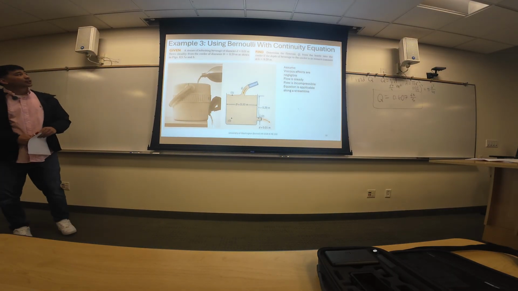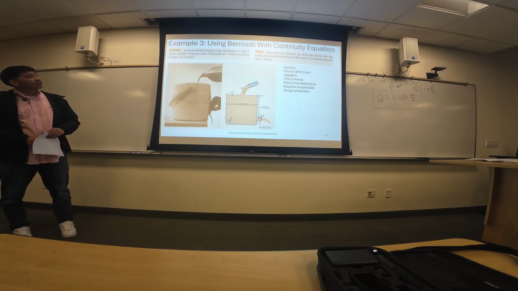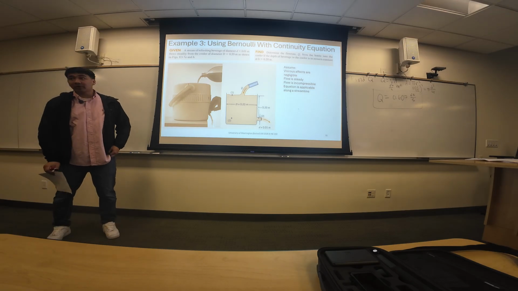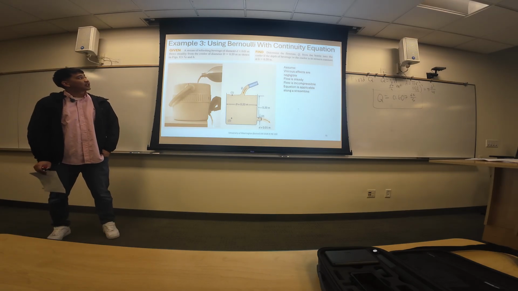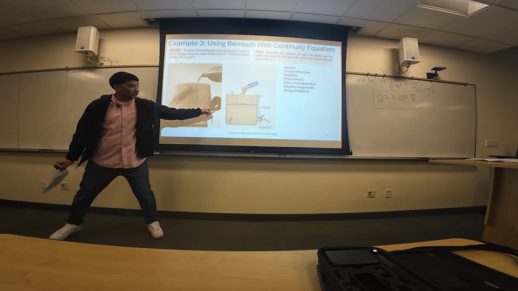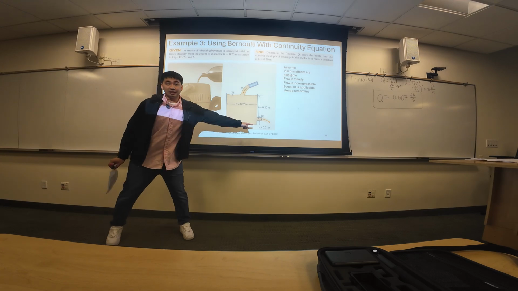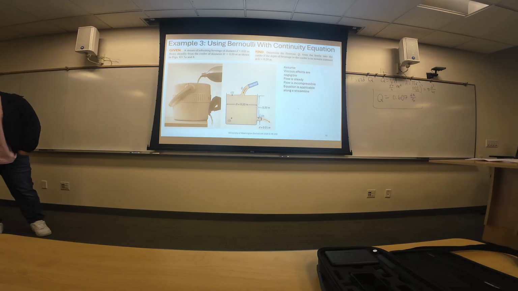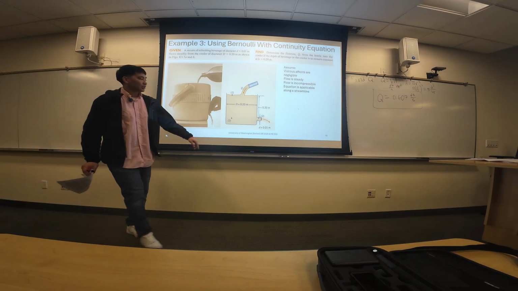Okay, so we are given a stream of refreshing beverage of diameter little d of 0.01 meters, flowing steadily from the cooler of diameter big D, which is here. This is the cooler, little d is down here, of 0.2 meters as shown. Determine the flow rate Q from the bottle into the cooler at a depth of the beverage in the cooler that is to remain constant at H equals 0.2, right here.